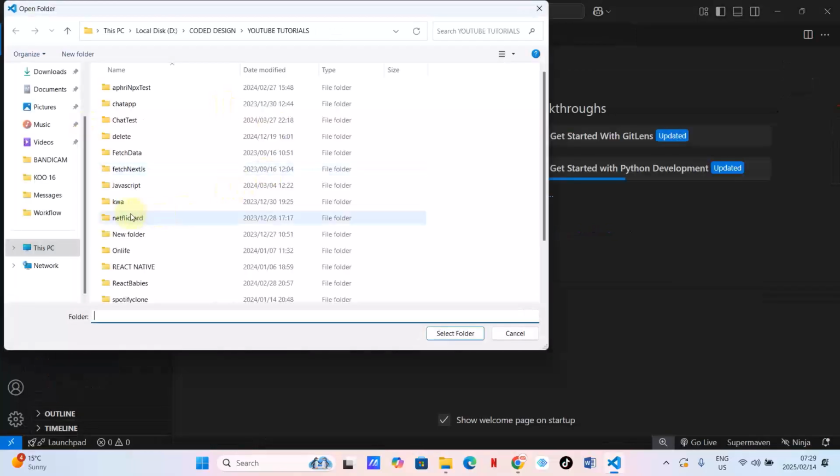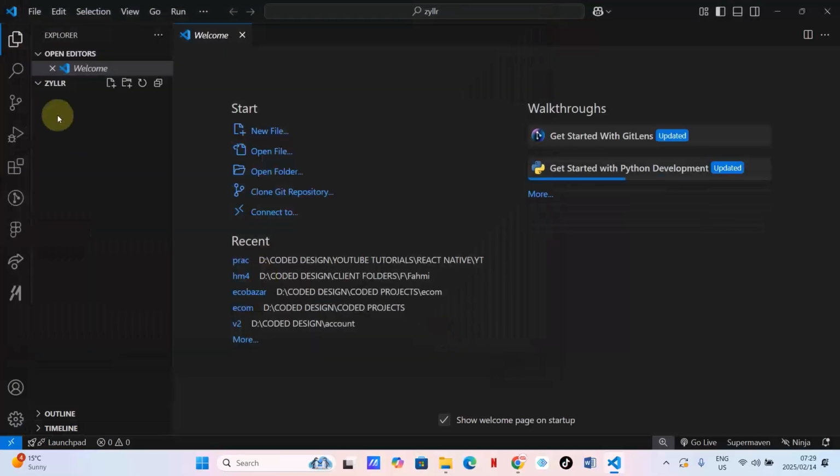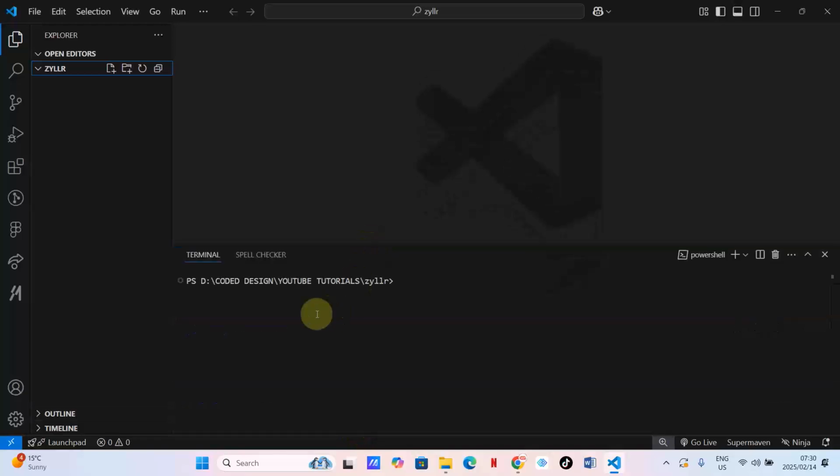All right, so from here we can just press Z. As you can see, here is our folder, and then we can click open. Okay, now we are inside this folder. So what we want to do is go to the terminal here, and then inside the terminal